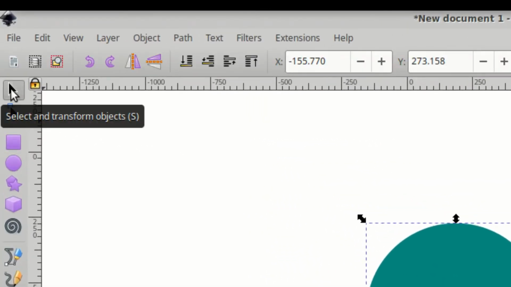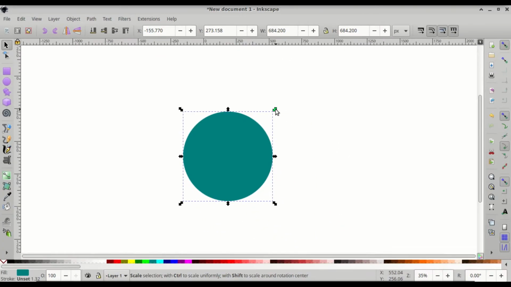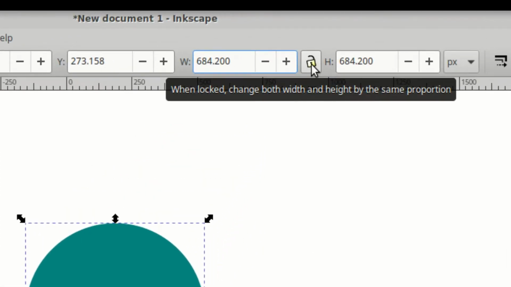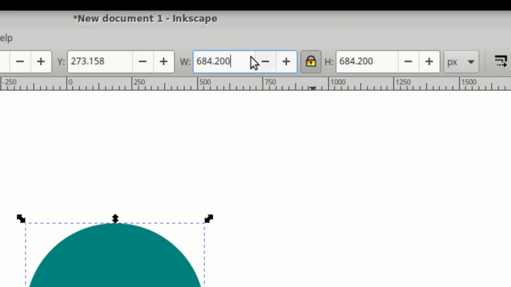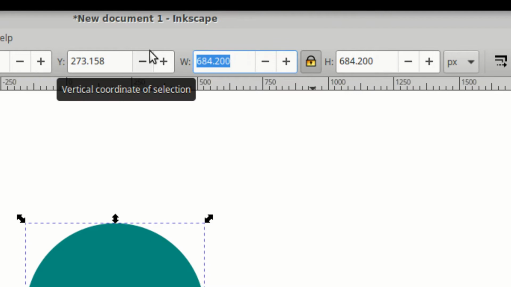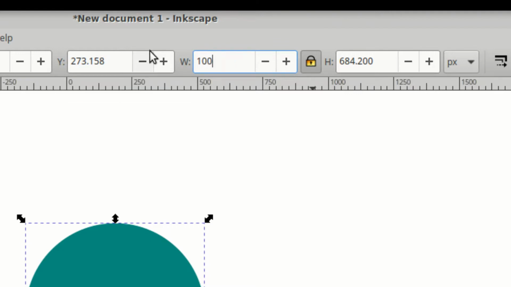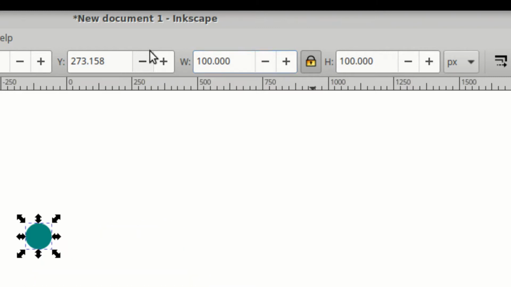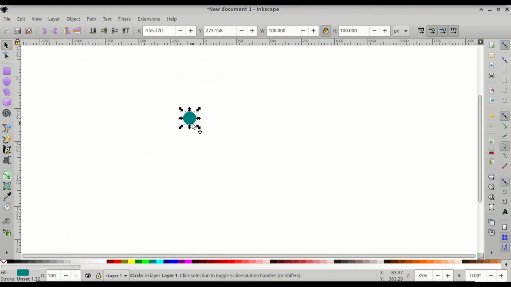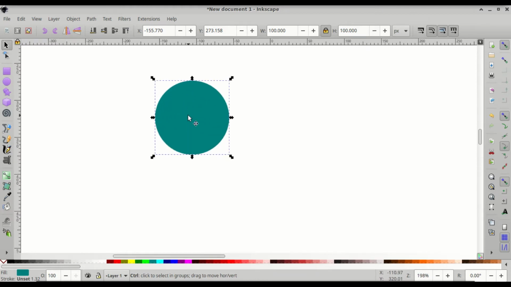Then come to the select and transform objects tool, and let's go to the width and height. First let's set the proportional scaling. When locked, change both width and height at the same proportional. So you want to set that to locked and give it a value of 100. Then I'm going to press Ctrl and roll the mouse wheel up to zoom into the circle,